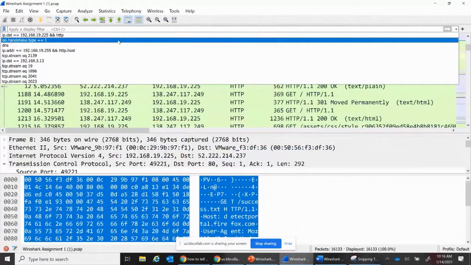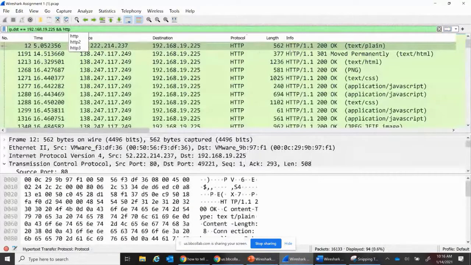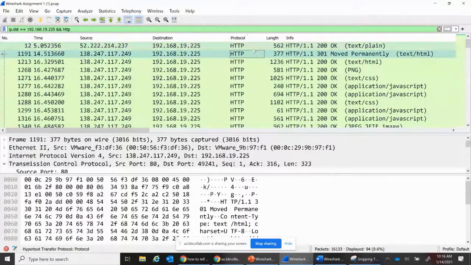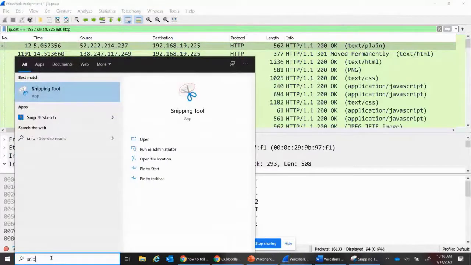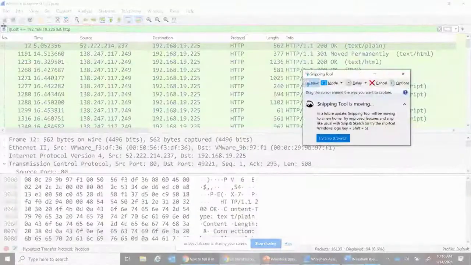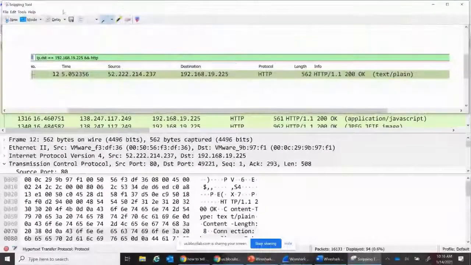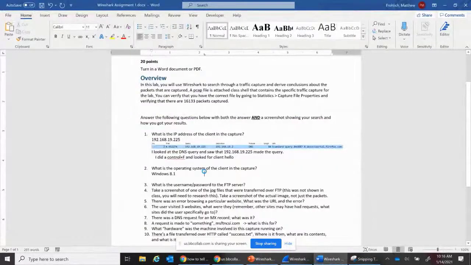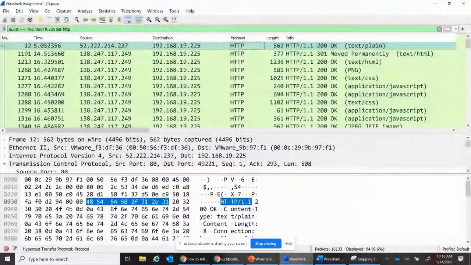Okay, maybe you use this filter like Richard did, so you take a snapshot of that. Paste that in there. Or maybe you do,